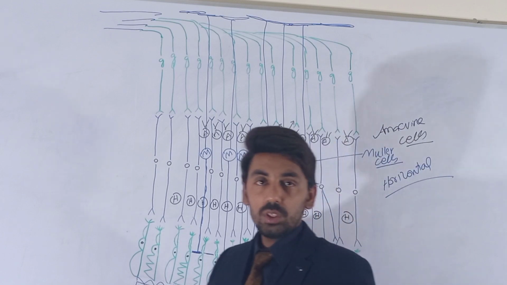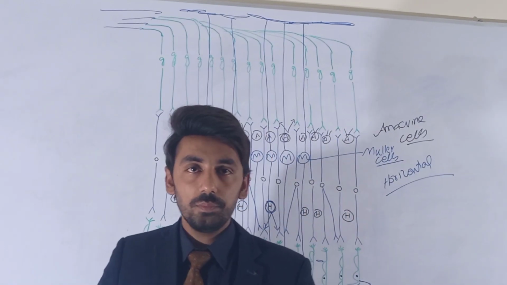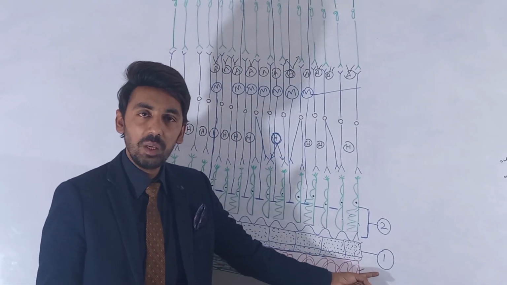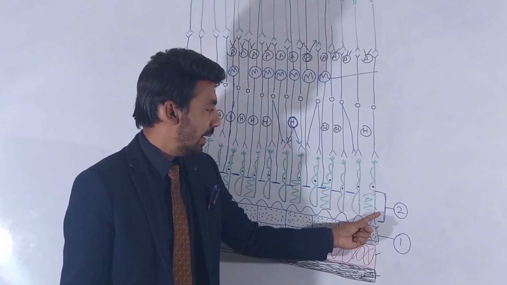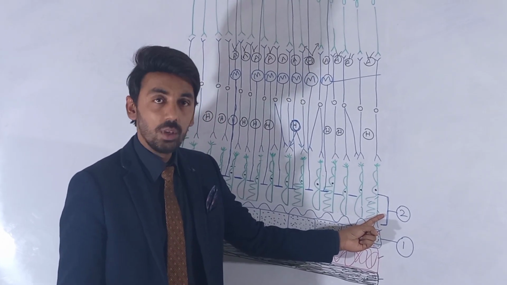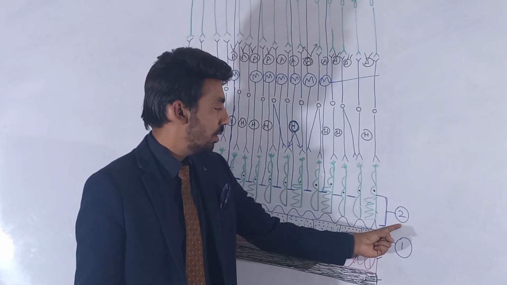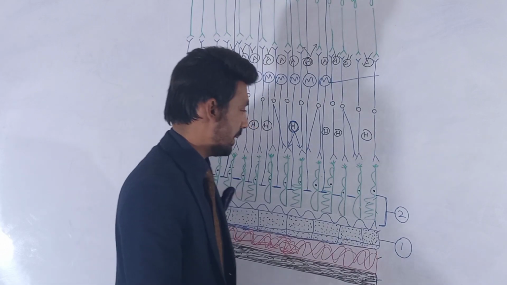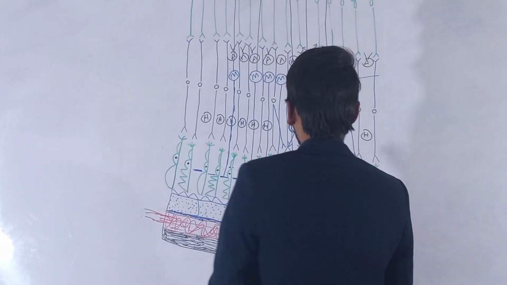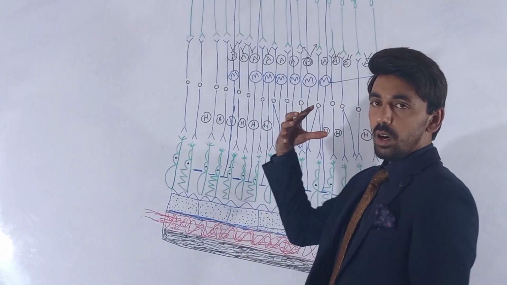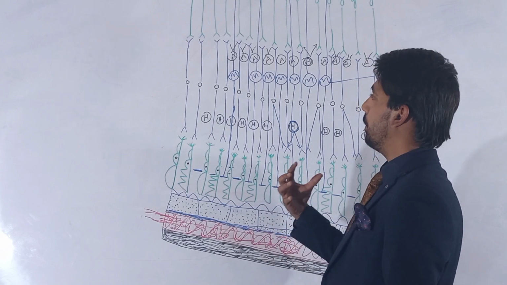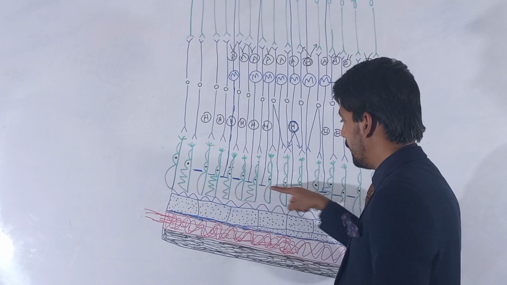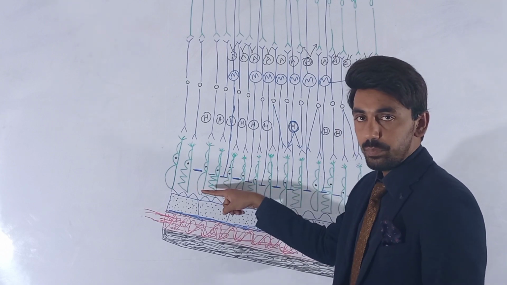And now we will discuss the different layers of the retina. This is the first layer, which is called the retinal pigmented epithelium. And this layer is called the photoreceptor layer, the layer of the rods and the cones. Now the third layer is, as you can see, the Muller cells. As you remember, the outer part of the Muller cells is making a new layer in the portion of the photoreceptor cells, right?